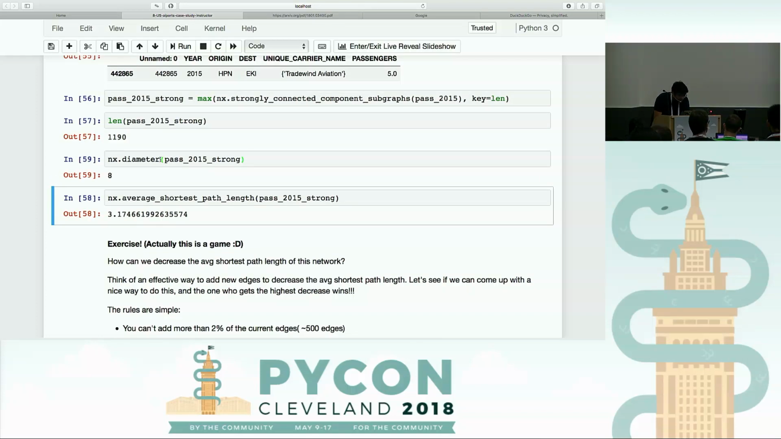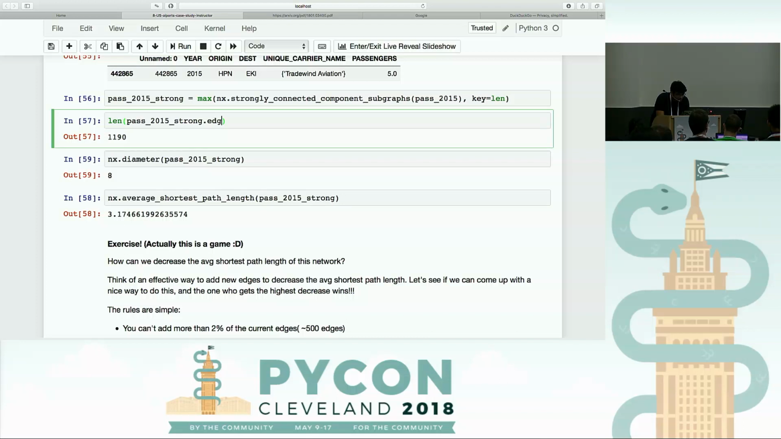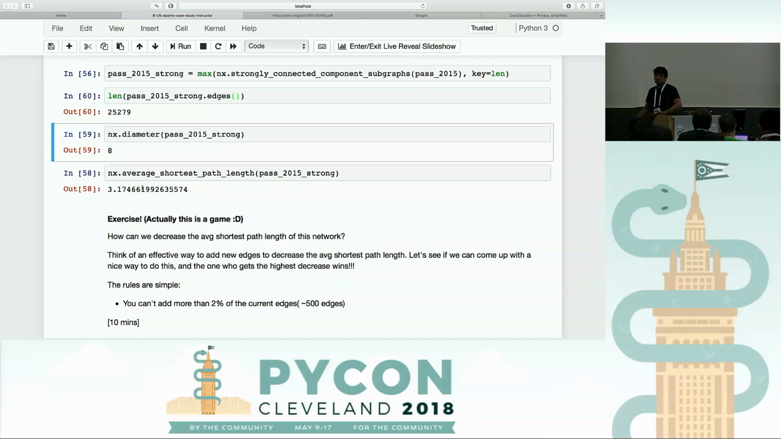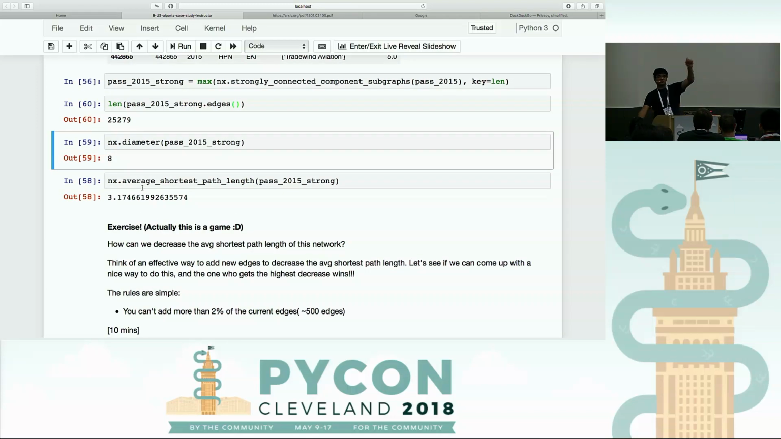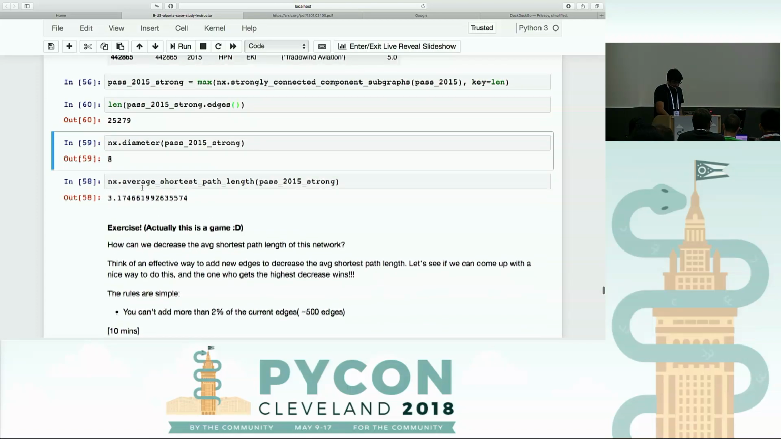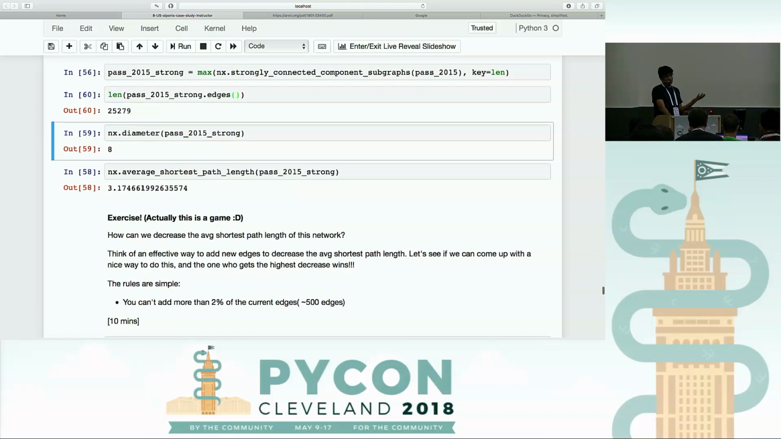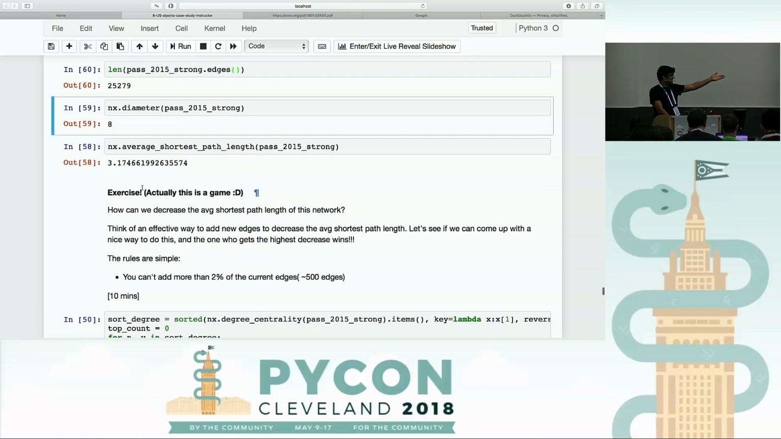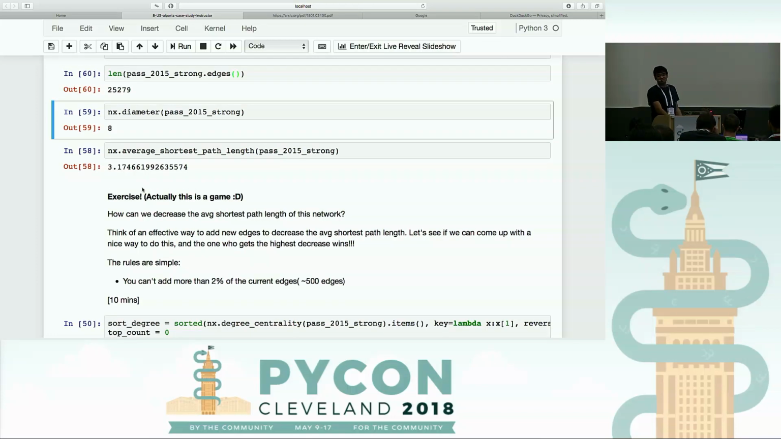Right now we have 25,000 routes. You can add 500 more routes, but you have to decrease the average shortest path length from 3.17 to something less than 3.17. And the diameter is 8, so that's the longest shortest path. And again, I have no clue if there is any correct answer for this exercise. I'm pretty sure this is a very tough optimization problem, but well, you know,